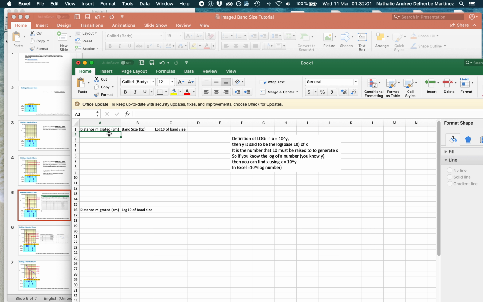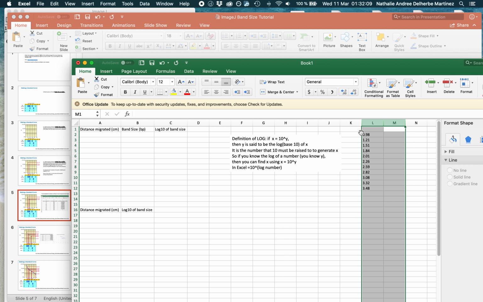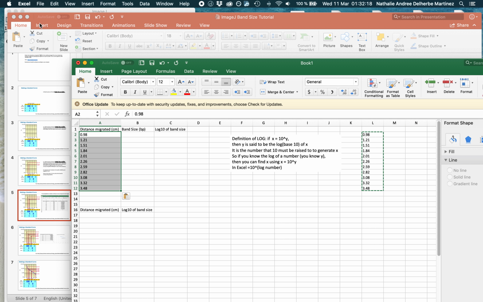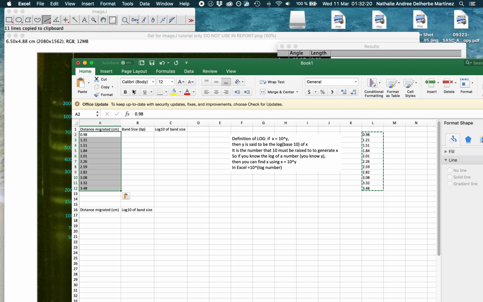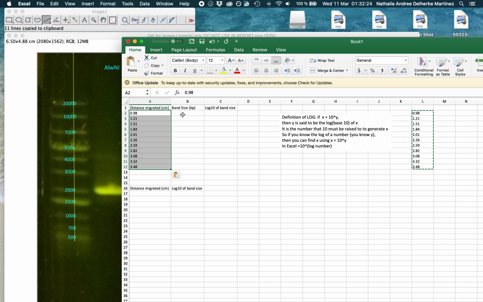And then we can paste it here. I have this table pre-made, so we don't want these first two lines. We just delete them. We're just going to stick with the migrated distance in centimeters. So this is here, and then we go back to our gel to put the equivalent band size in base pairs. So we know that that is